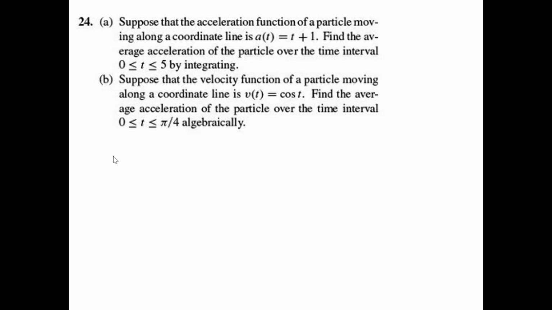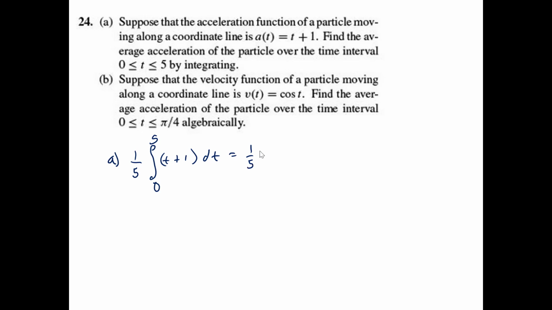So for part A, it is 1 over the width of the interval, which is 5, times the definite integral of t plus 1 dt, from 0 to 5,